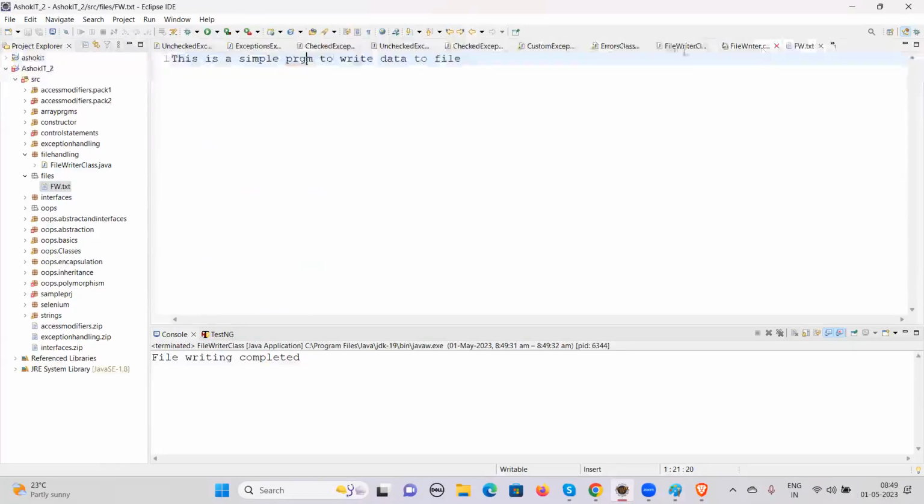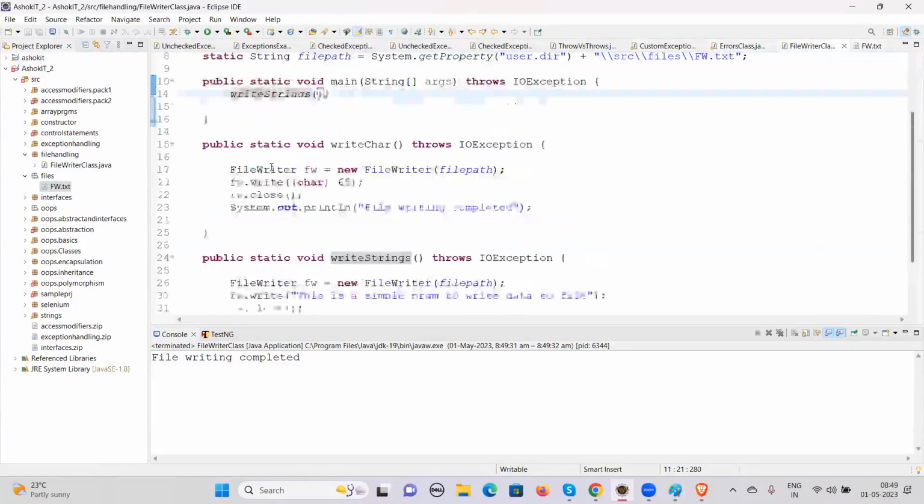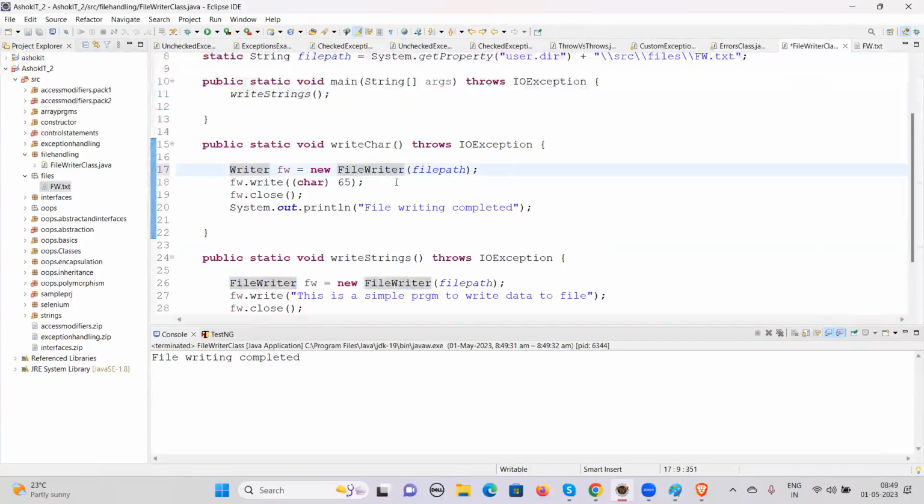It's very simple, guys. The only thing is you need to create an object for this FileWriter class. Okay. So if you take writer,